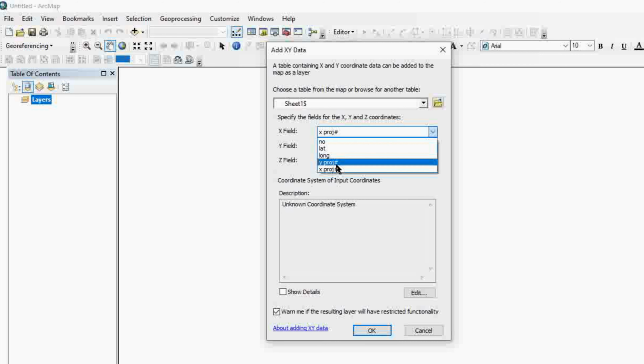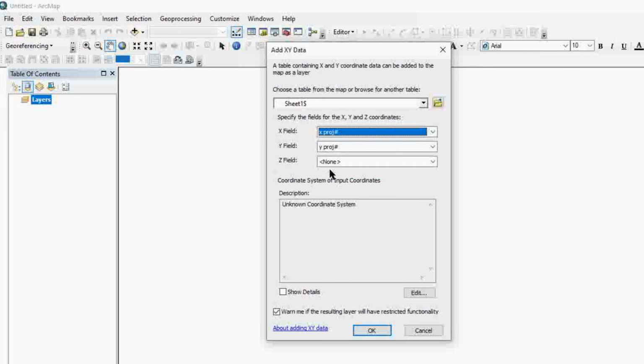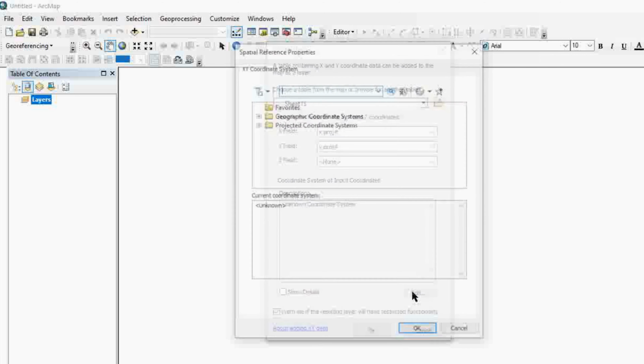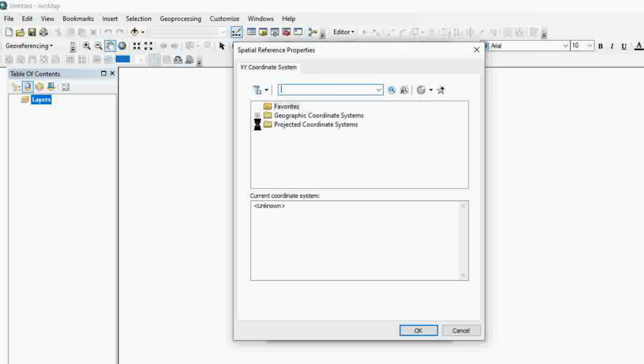as the X field. For now I want to display X projected. No, the Z field, I don't want it. And here it says the coordinate system is unknown. I can edit the coordinate system according to the location of my data. So I go to